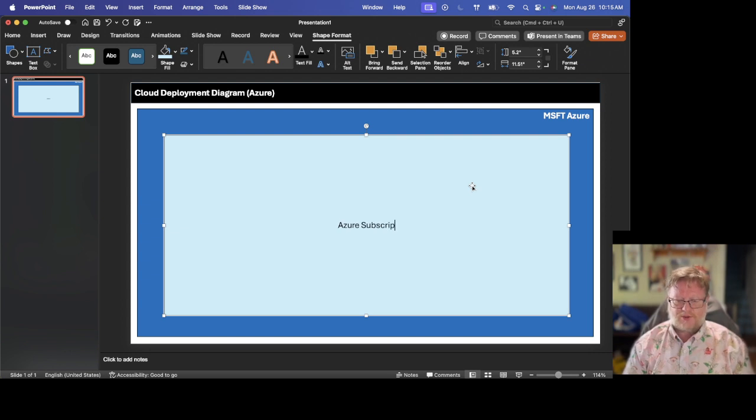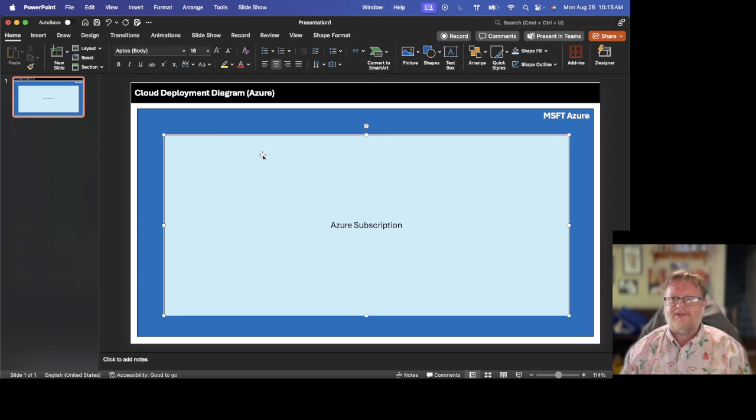Azure subscription. And I want to push this up to the top. Here, text direction, top, right. And we'll bold that. And then within the subscription, because this is where we're going to be primarily operating,